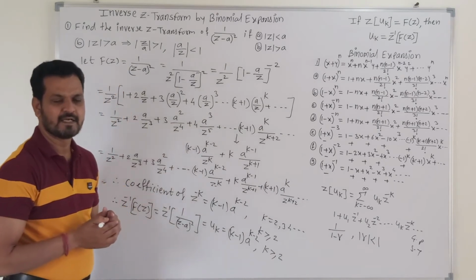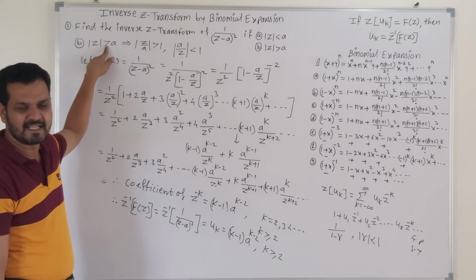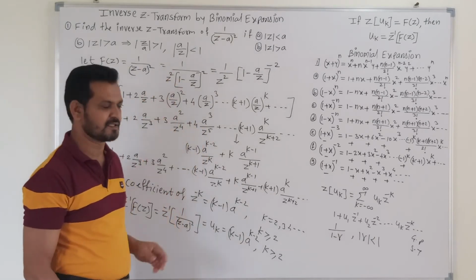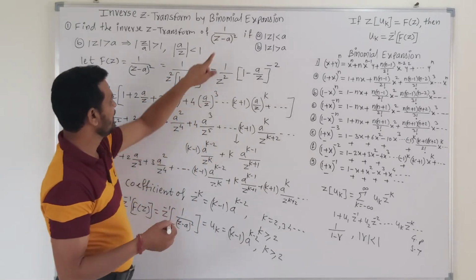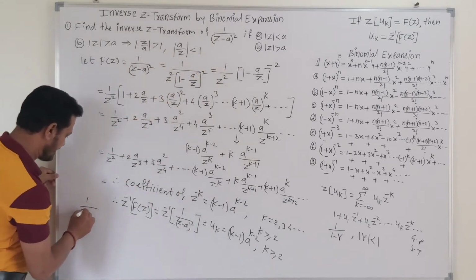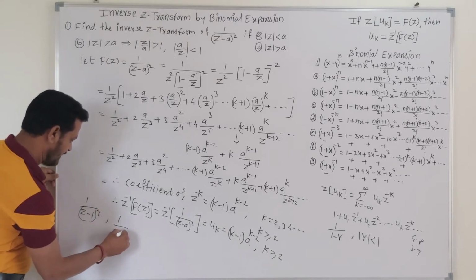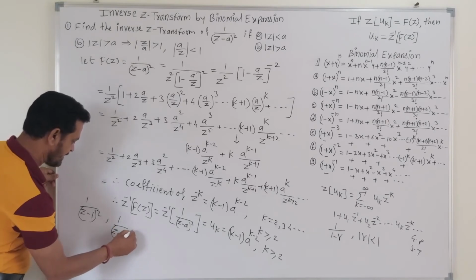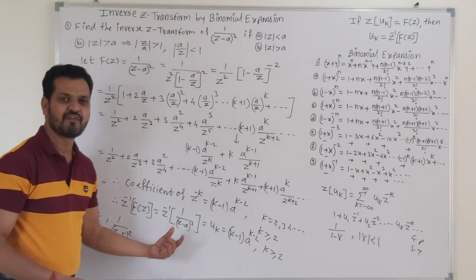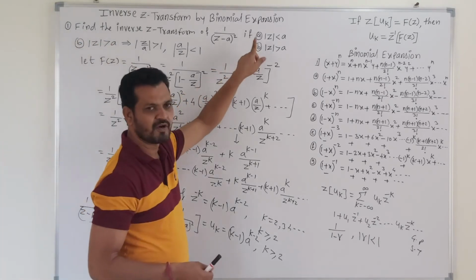So now friends, this is the example where we take the region of convergence as mod of z is greater than a. In examination you will get either this case or this case, first case or second case. Again, in particular here the value of f of z is z minus a its square. If we put a is equal to 1, then we get z minus 1 its square. If we put a is equal to 5, then we get z minus 5 its square, and so on. That means after putting a particular value for a, we get different types of examples. Now friends, this is the first example with two regions of convergence.